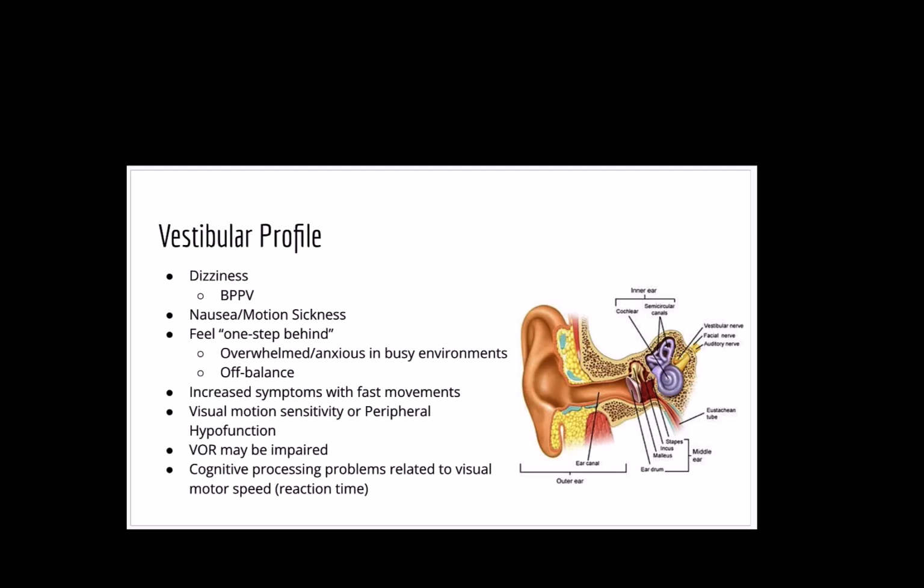If they have dizziness, you really need to start to differentially diagnose the root cause of it. It could be benign paroxysmal positional vertigo, or BPPV. It could be motion sickness. It could be hypofunction of the ear. There are a lot of different things that could be creating dizziness. So part of this role is to be able to really identify the root cause of it so you can treat it appropriately. We're not going to talk too much more through the rest of these segments on interventions for